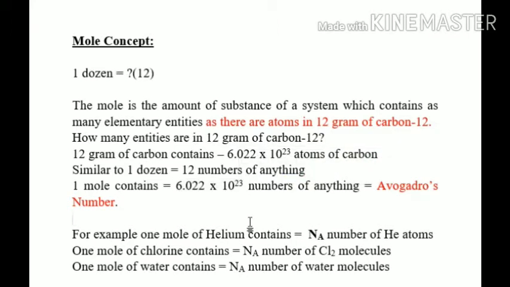Now, why did we define it as the atoms in 12 gram of carbon? Okay. So 1 mole mane ki? 1 mole mane eta amount bujay. Kiman amount? 12 gram carbon 12 jimanta atom ase siman amount. তেতিয়াহলে 12 গ্রাম কার্বন 12 কেটা এটম আছে? 12 গ্রাম কার্বন 12 Avogadro's number ta atom আছে. Okay, so 12 gram of carbon 12 contains Avogadro's number of atoms. That means 1 mole is equal to Avogadro's number.